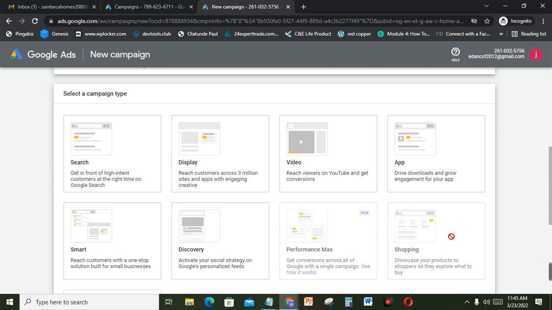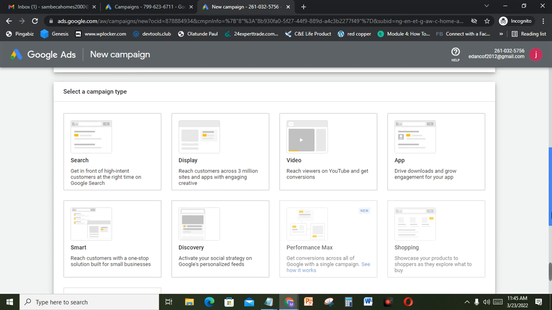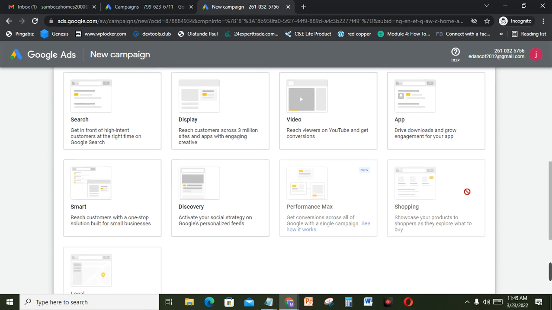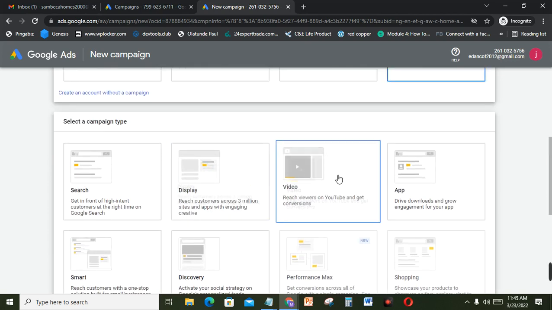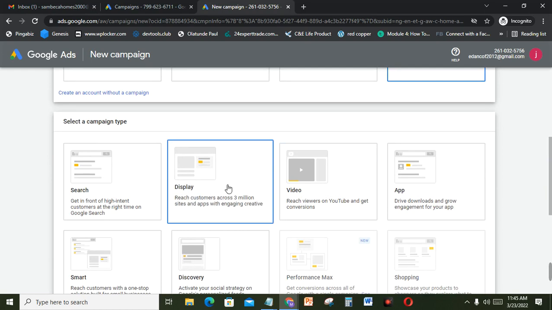But these are new features which you might not be able to do. Likewise, the shopping ads which I've not connected, I will not be able to set up now. But that could be set up later. Also the local cannot be set up for now. But these other ones can be set up now. So we are going to use display,